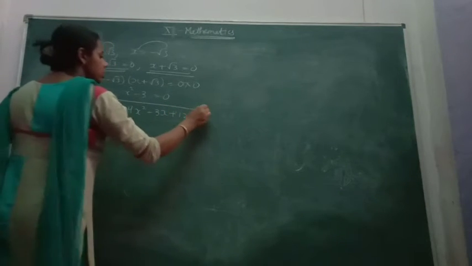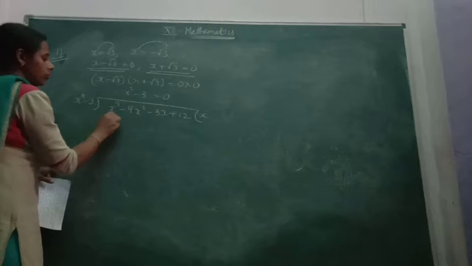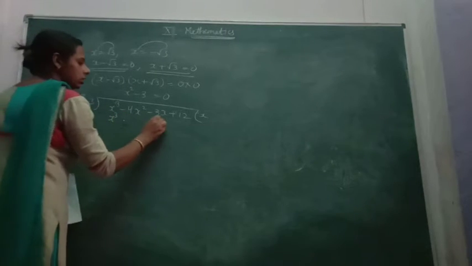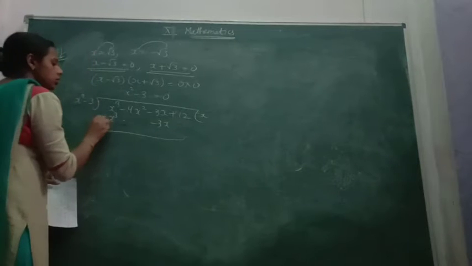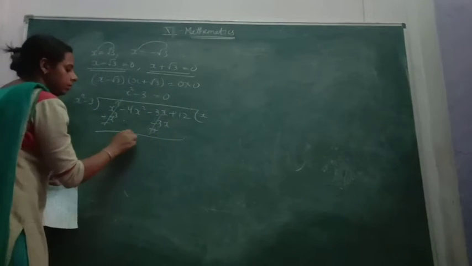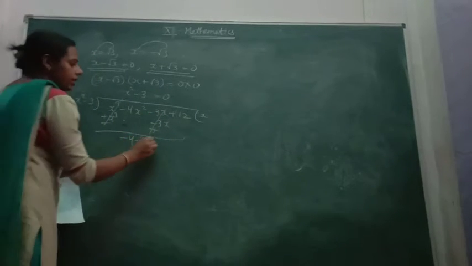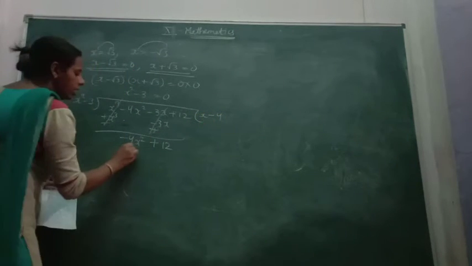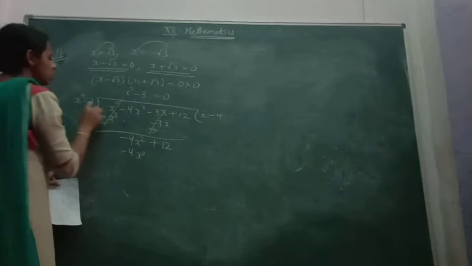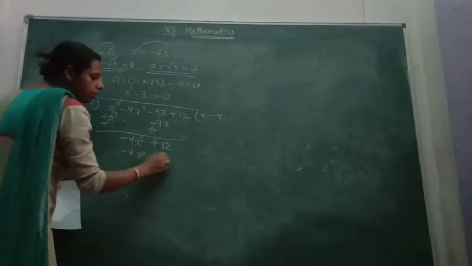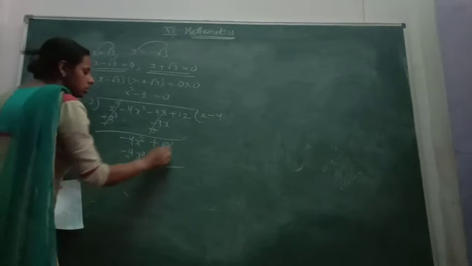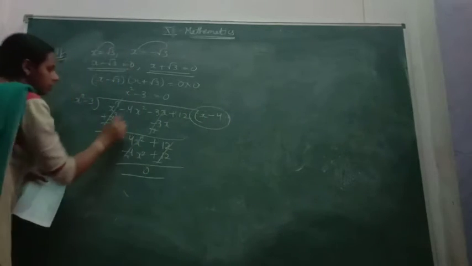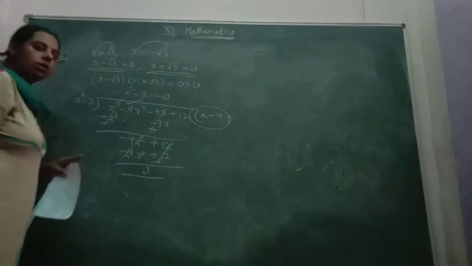Okay, solving this, multiply x with x square, you will have x cube. Multiply with x, you will have minus 3x. Okay, on changing the symbol, all the terms will be cancelled out. Minus 4x square plus 12 will be there. On multiplying with minus 4, you will have minus 4x square, minus 4 multiplied by minus 3, you will have plus 12. On changing these symbols, these terms will be cancelled, and this is the third factor of this cubic polynomial.